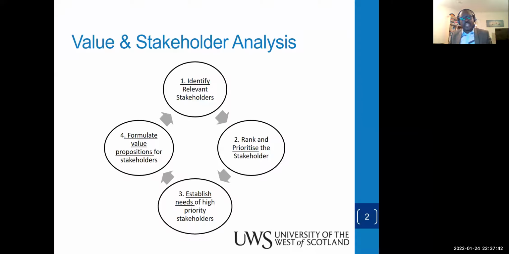Okay, so in creating value, we've always asked whom are we creating the value for? So there is a stakeholder group we need to satisfy. Therefore, it is always important to undertake a stakeholder analysis for us to be able to identify what and to whom we are creating the value for. Okay, what value are we creating? Whom are we creating the value for? So stakeholder analysis is broad. Honestly, it's broad, and it depends on